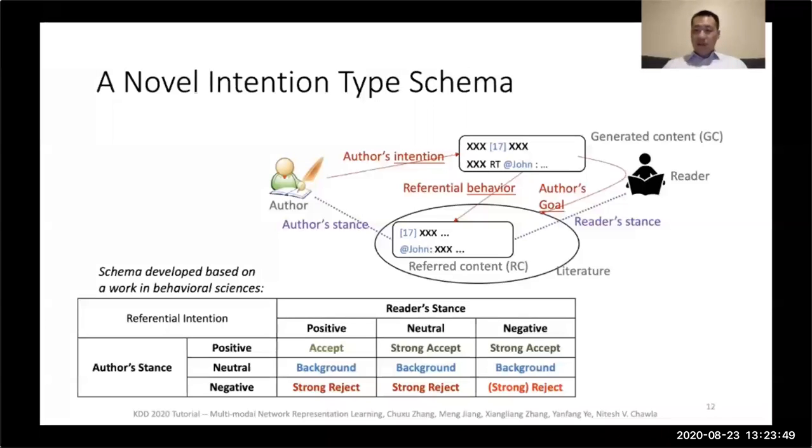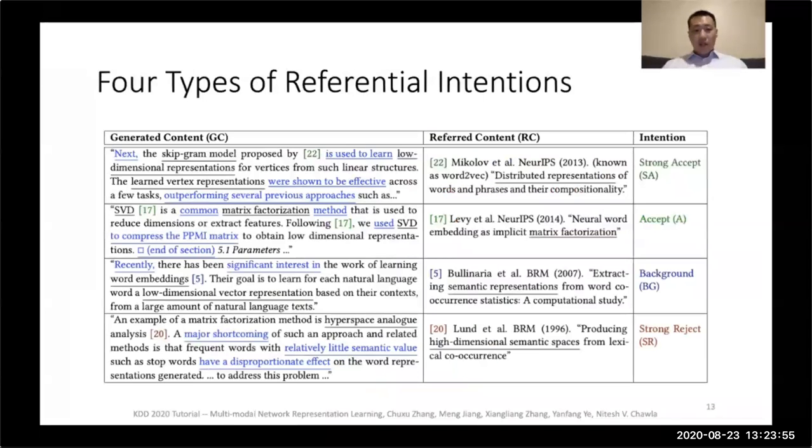Actually, these four kinds of behavior intention were formed by work in behavior sciences. Here are some examples. For strong accept, on the left-hand side, when these papers cite number 22, which is actually the Word2Vec work, and talk about how Word2Vec can outperform several previous approaches, they assume that the readers have not learned much about Word2Vec. So they try to use very strong accept wording to show their intentions: we strongly accept the Word2Vec referred content